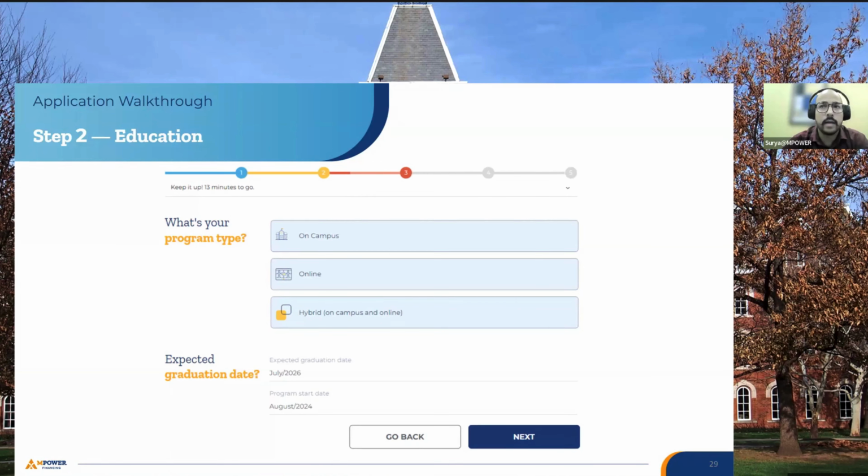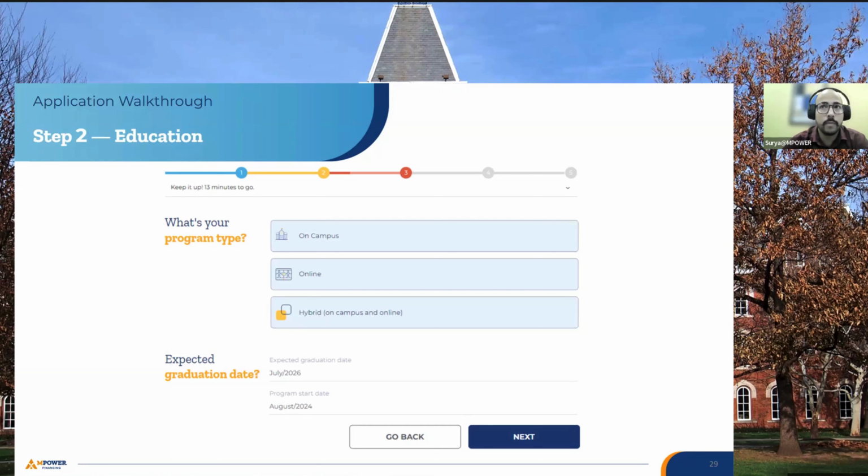If your program is online, this is something we need to understand: let's say you are already in the US or Canada, and now you are commencing a program which gives you an option to pursue it online, and you do not need to go to a university on a regular basis. This program will be considered eligible because in that case, you will still have your US visa or Canadian visa.